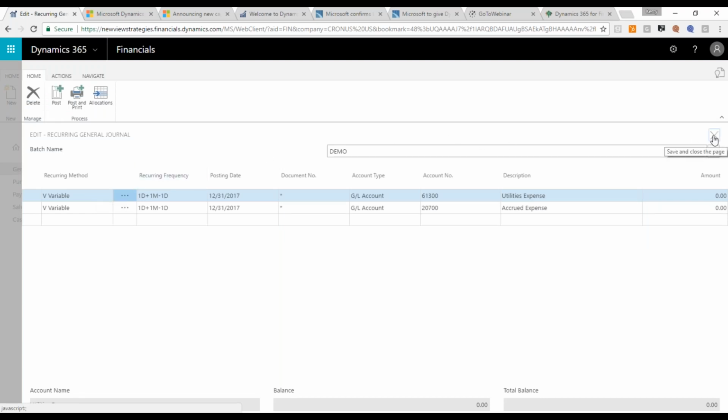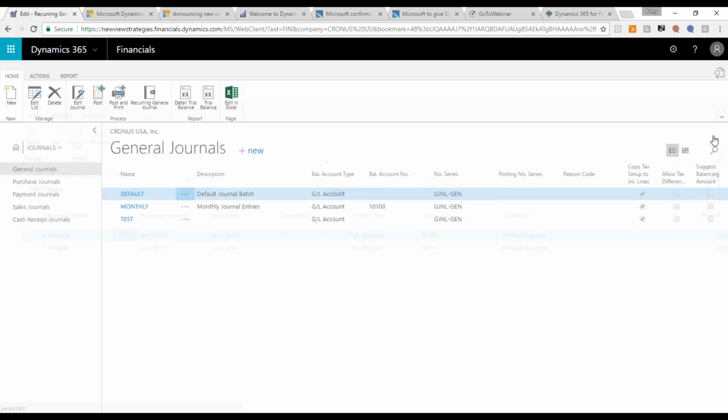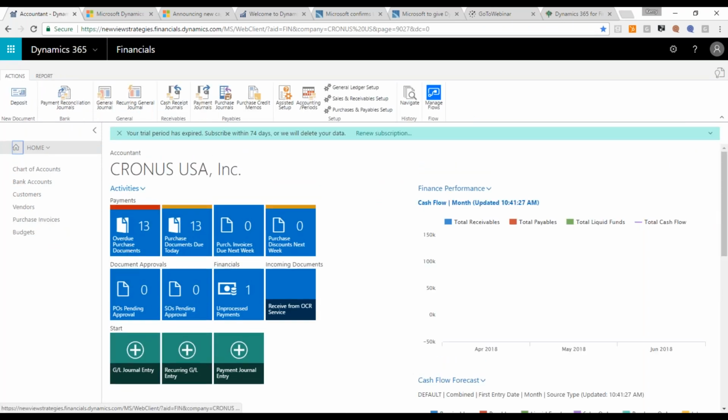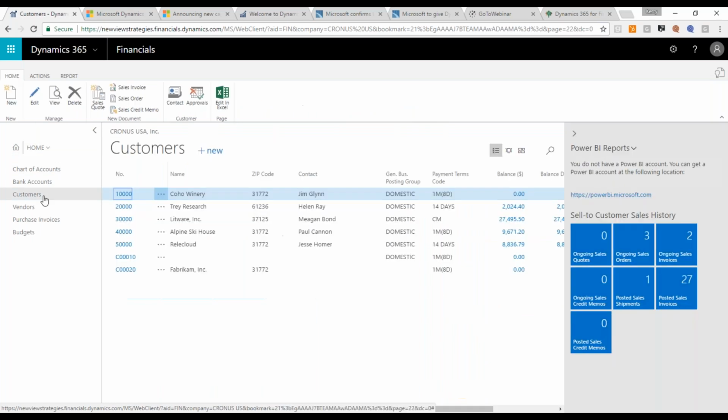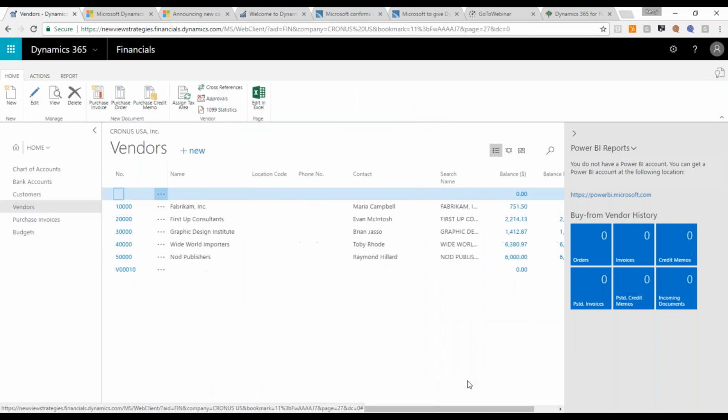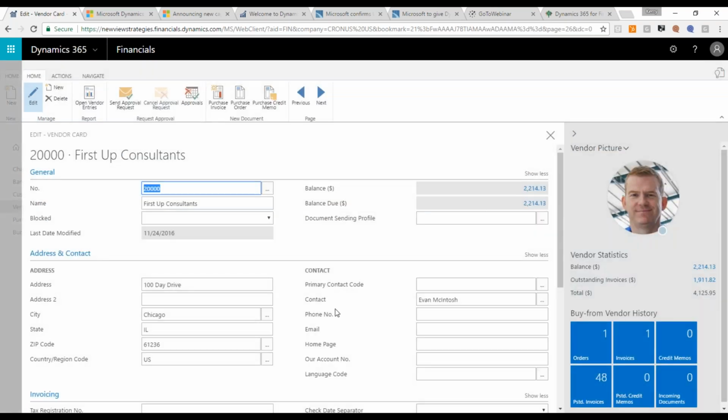and you can book that same amount every month. So let's talk a little bit about how we manage transactions that end up on our customer and vendor lists. Just like what Amanda had illustrated with the invoicing process, this process is really the same between customers and vendors. So I think that I will actually pick on our vendors here to show you something from that side as well. If we take a look at our record for First Up Consultants,